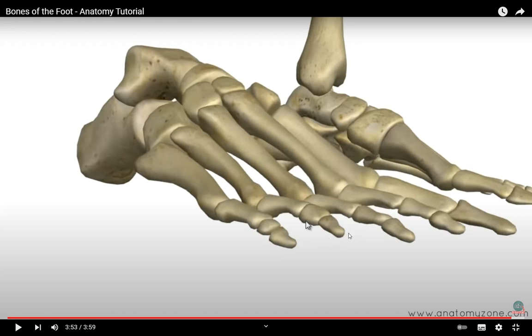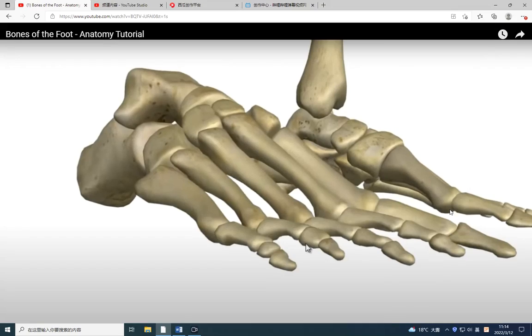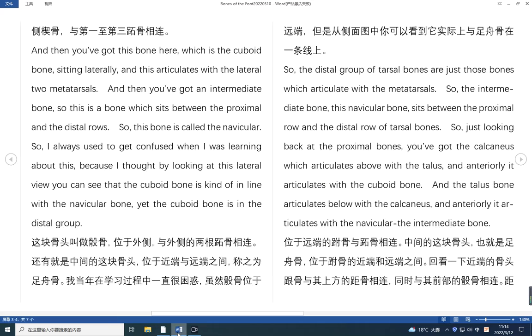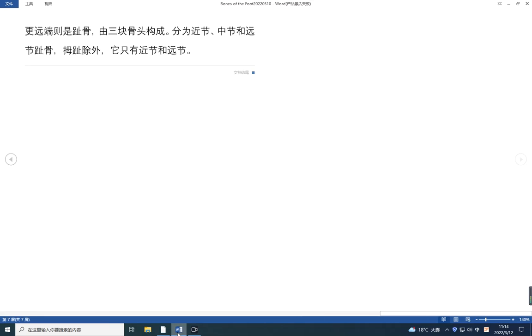Except for the great toe, which just has the proximal and the distal phalanx. 所以趾骨分为近节、中节和远节，拇趾除外，拇趾只有近节和远节两块，没有中间的一节。所以总共14块趾骨。Altogether we have 14 phalanges. 好了，关于足部骨骼就介绍这么多，文字内容给大家看一下，有兴趣可以截个图参考一下。第1页，第2页，第3页，最后一页。好了，结束了，再见。